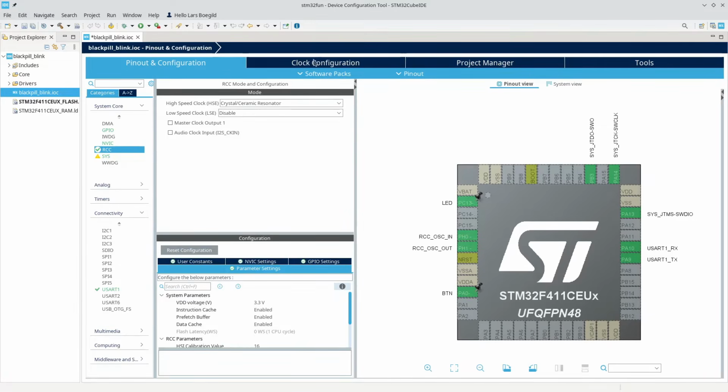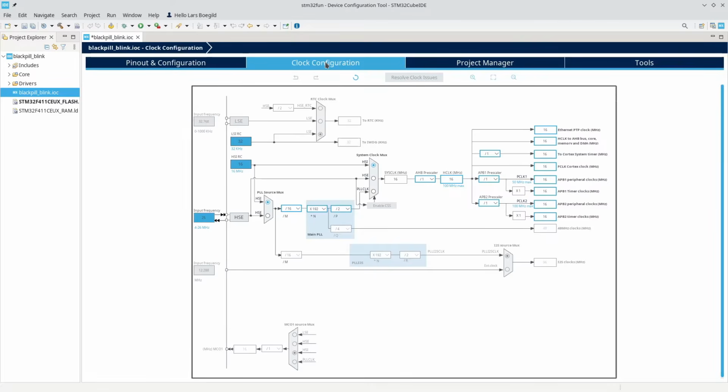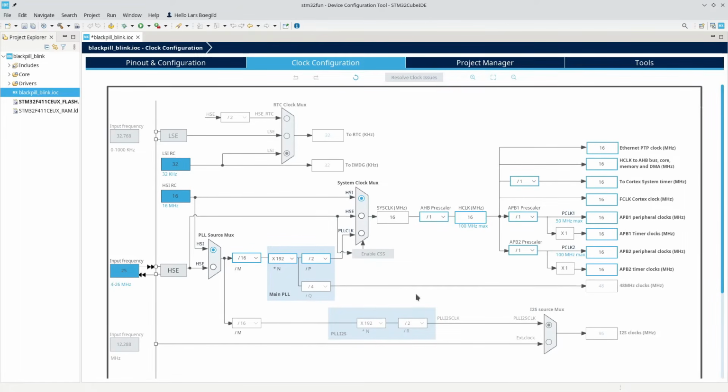Final thing we need to do is on the other tab up here, clock configuration, where we can see the internal clock circuit in the MCU. At the moment it's actually using the internal RC oscillator running at 16 megahertz, generating a 16 megahertz clock internally. But we want to switch to the external crystal, so we click down here. Now we're using a 25 megahertz crystal, and we want to run this at full speed, so that is 100 megahertz. If we click there,